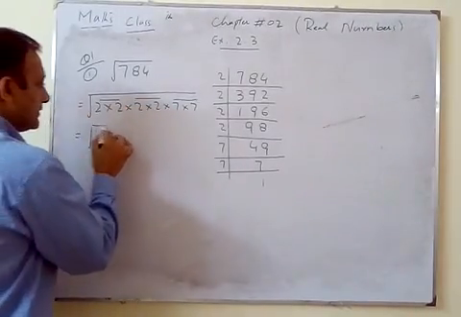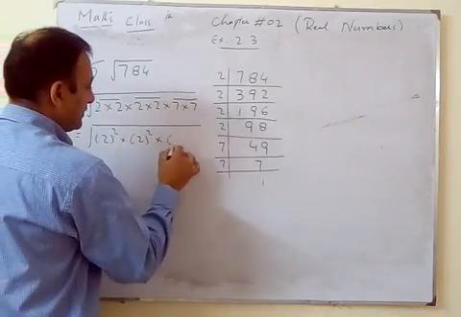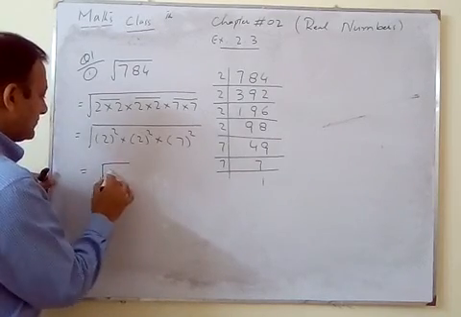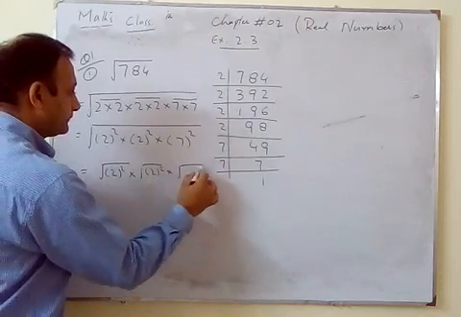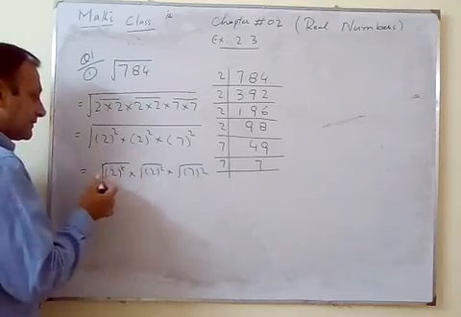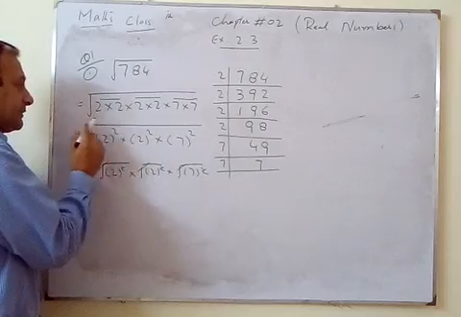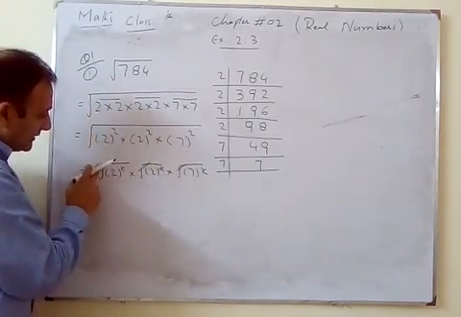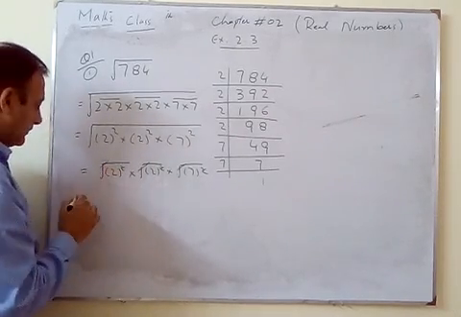Now make the squares pair. Separate the squares, split this term. Now we can cancel square root with this square. We cannot cancel here because this square root is for all these three values, and here this square root is only for this square. So that's why we can cancel these two.